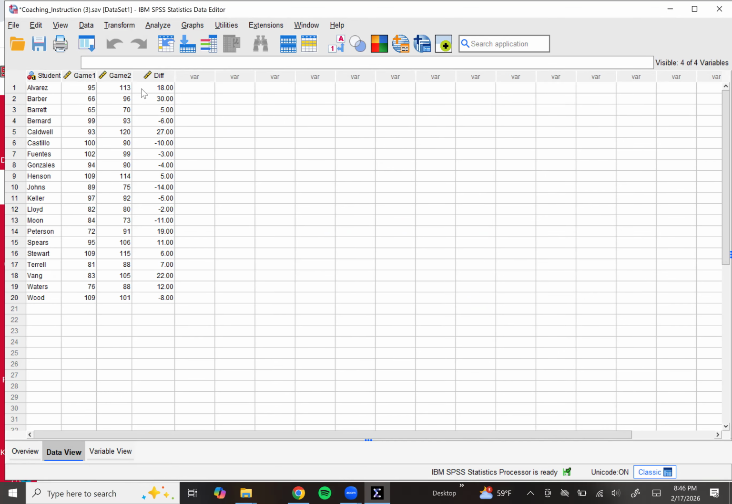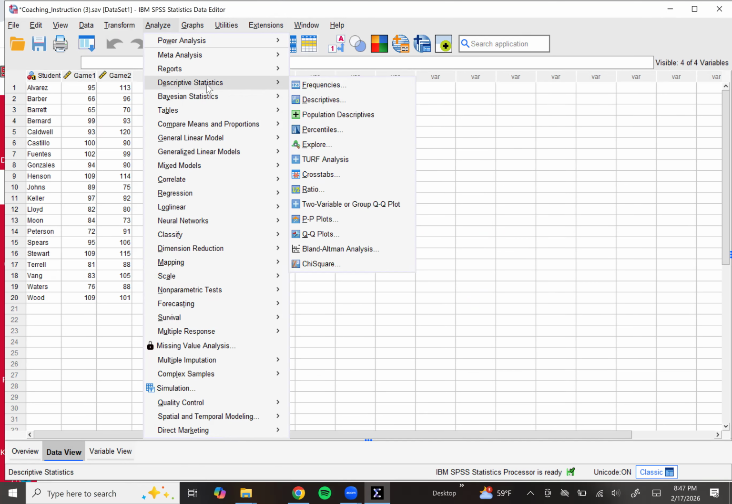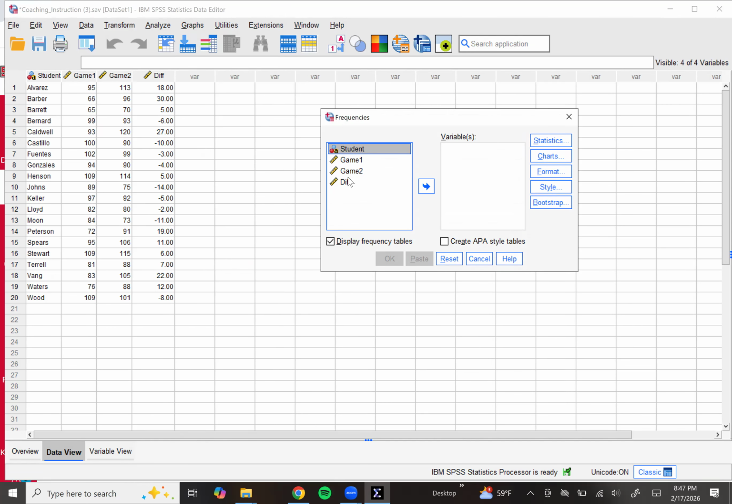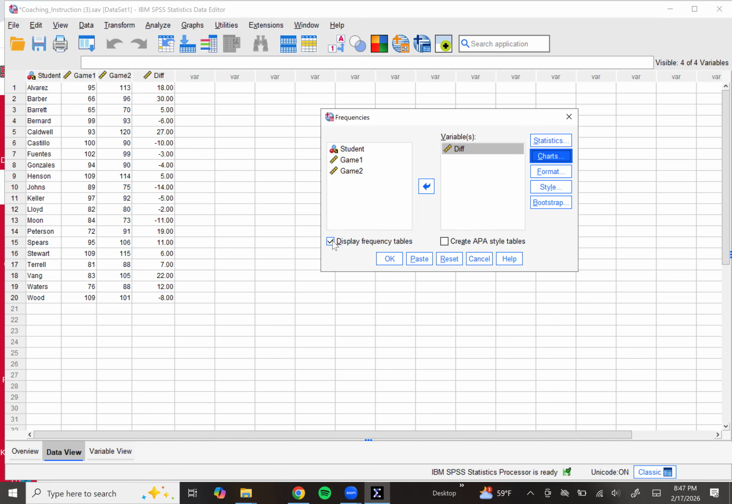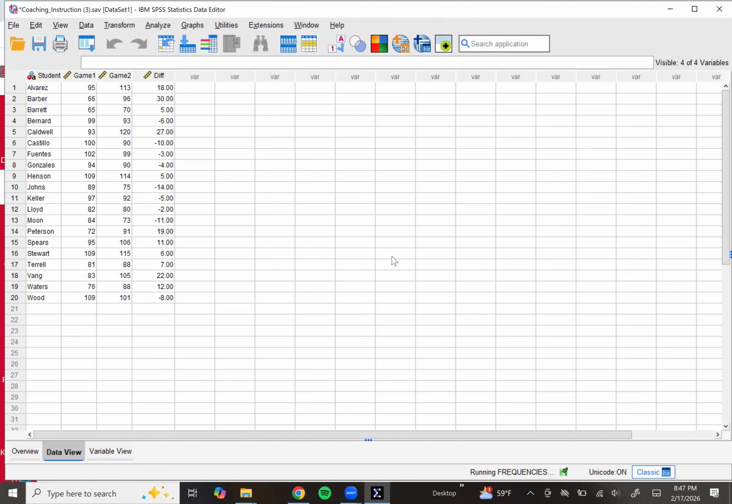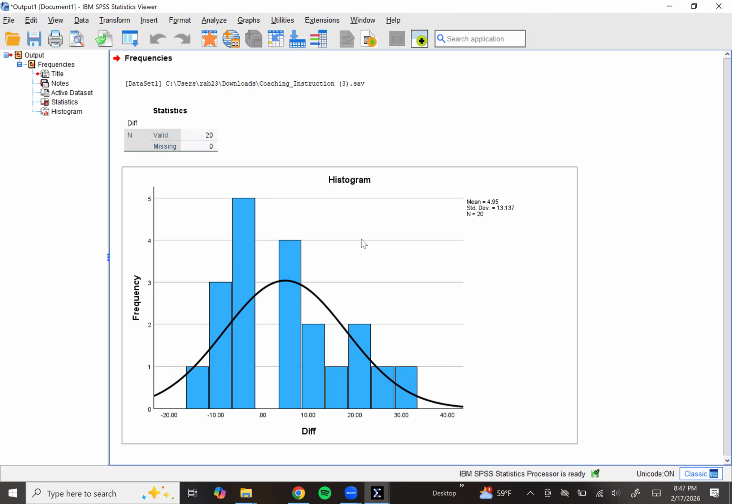The next thing we're going to do is see if these differences in the scores are normally distributed. And to do that, we'll start with hitting Analyze, Descriptive Statistics, Frequencies. We'll move the difference variable over. We'll click on Charts, click Histogram, and show the normal curve. We'll uncheck Display Frequency Tables because we don't need that information. And hit OK. And we can see that it does look normally distributed, but we'll check a little bit farther to make sure,